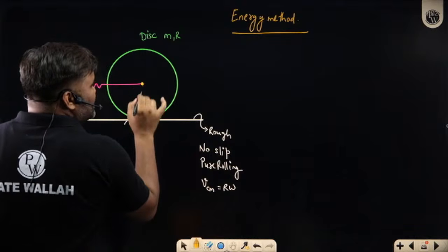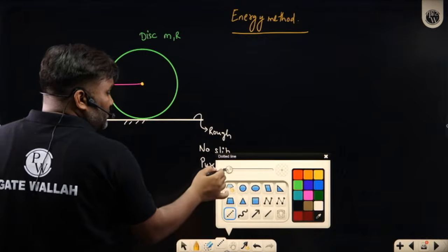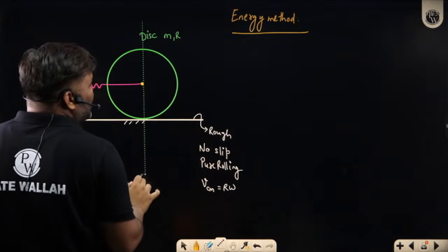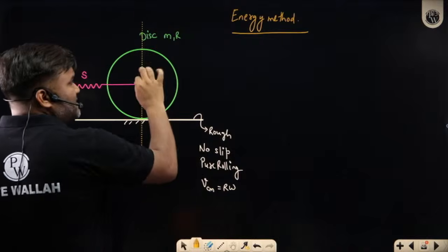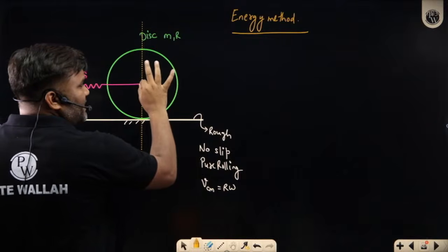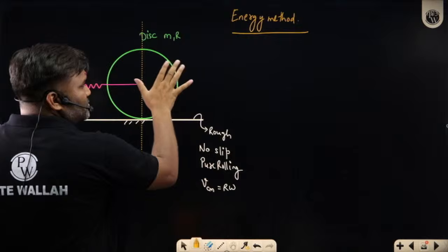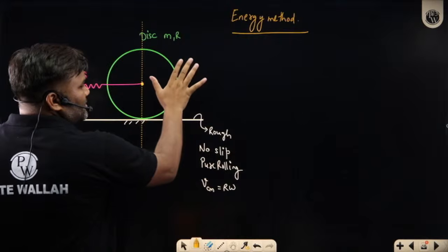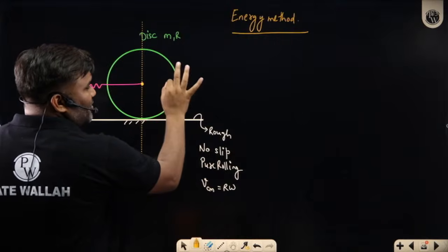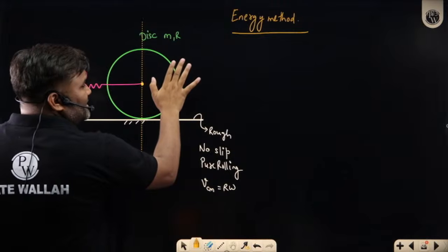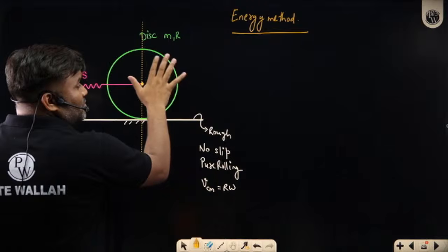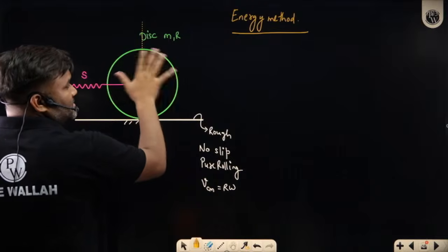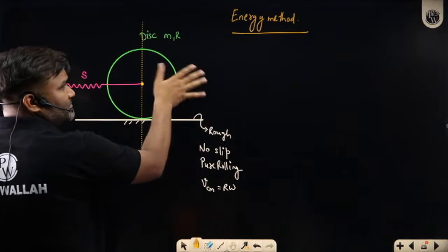And at any general time t, when I saw, so this is the mean position. This is my mean position. And from the mean position, you have disturbed this system. You have taken it here and released it. So this disk is coming back because the spring is elongated. Now the disk is coming back. And while this disk is coming back, it is not simply sliding because friction is there. So it is rolling like this. This kind of motion it is having.